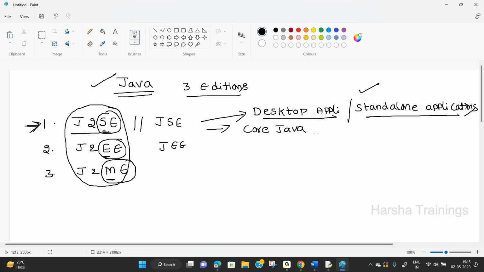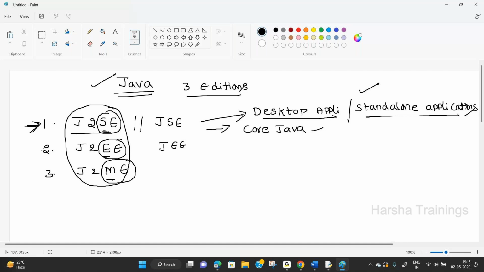We are not using the regular and standard examples. Every example is in a real-time scenario. By the end of this core Java, you are in a position to develop an ATM application. Not only ATM, you can develop any application, suppose a student application, etc.